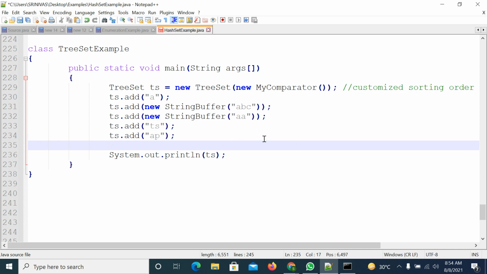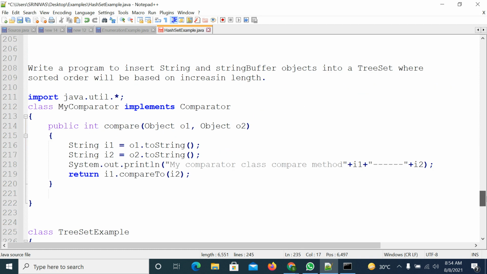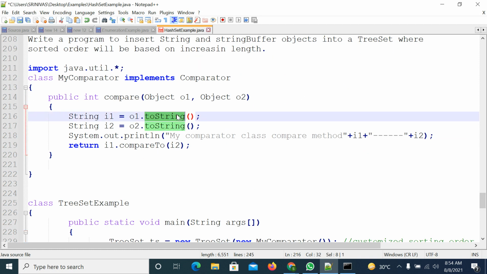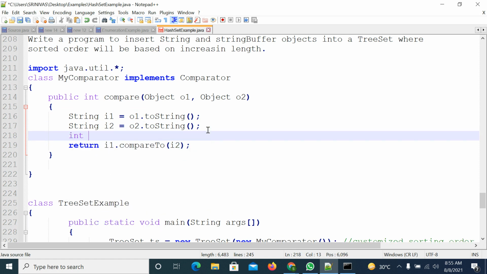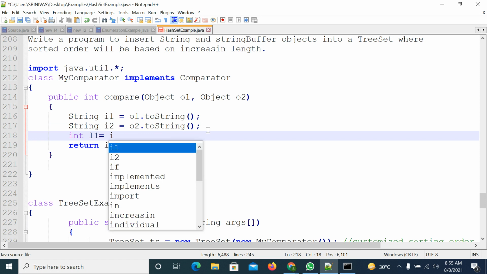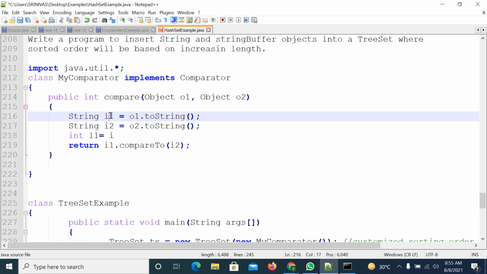Now, how to implement this logic as part of the compare method? First, you need to convert everything using the toString method, so that it is string type. Then you need to calculate the length, because you have to work based on the length. First, calculate the length of the first string. You can take string 1 S1 and S2.